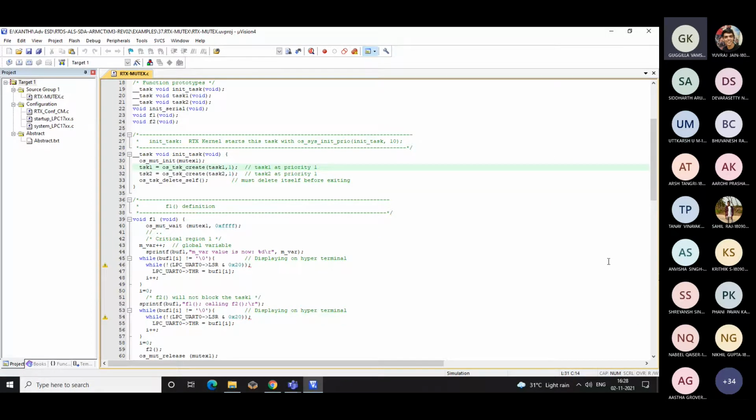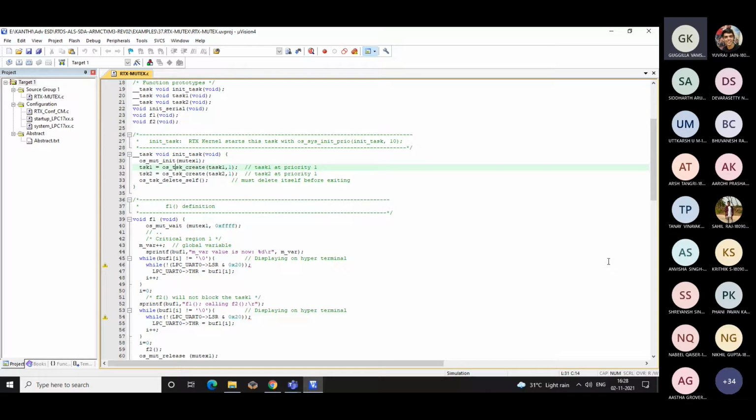Okay, so since you've understood the semaphore, the difference between semaphore and mutex I'll discuss in theory, maybe in the next class. I have shown you the state diagram of mutex, wherein you must have seen that there is blocked and unblocked, which means it's a key to use a resource.